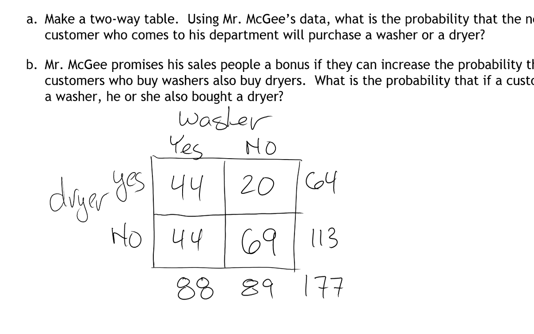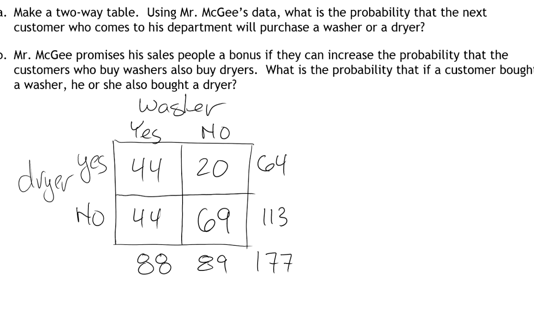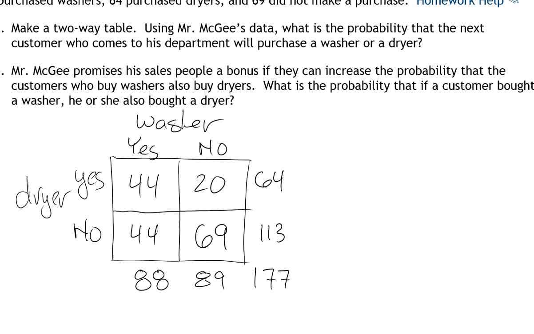Mr. Muggy promises to give his salespeople a bonus if they can increase the probability that the customers who buy washers also buy dryers. Okay, what is the probability that if a customer bought a washer, he or she also bought a dryer? Okay, so if they bought a washer, that puts us in the yes category for washer. So what's the probability that if they bought a washer, they also bought a dryer? I can see the total people that bought a washer was 88 people. And of those 88 people,